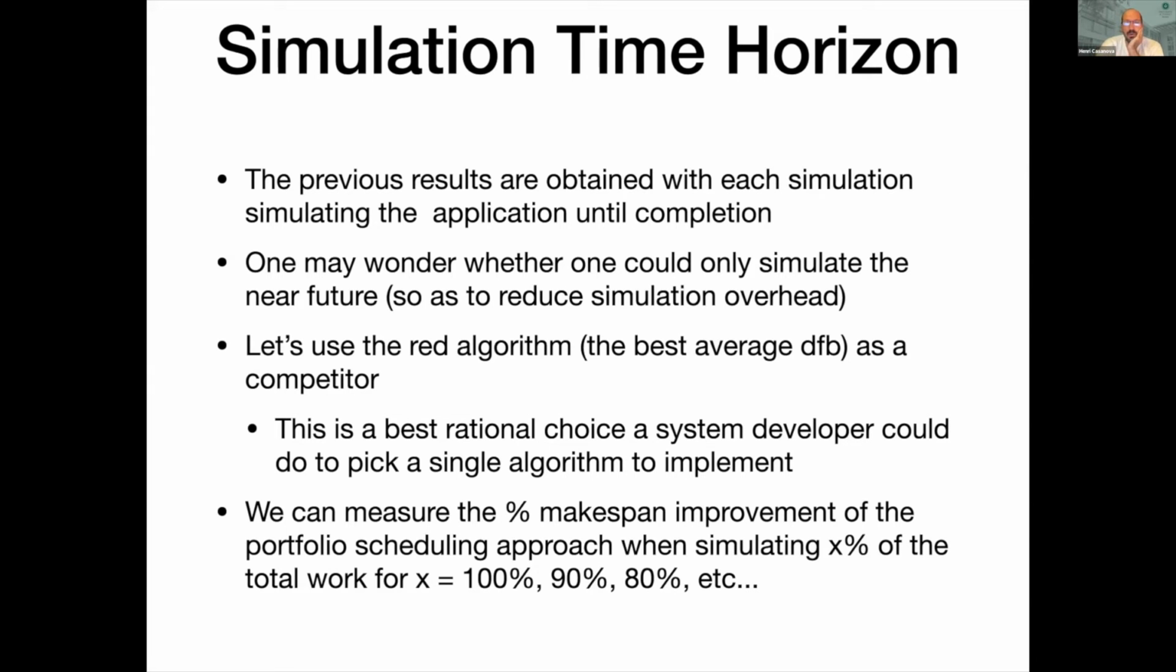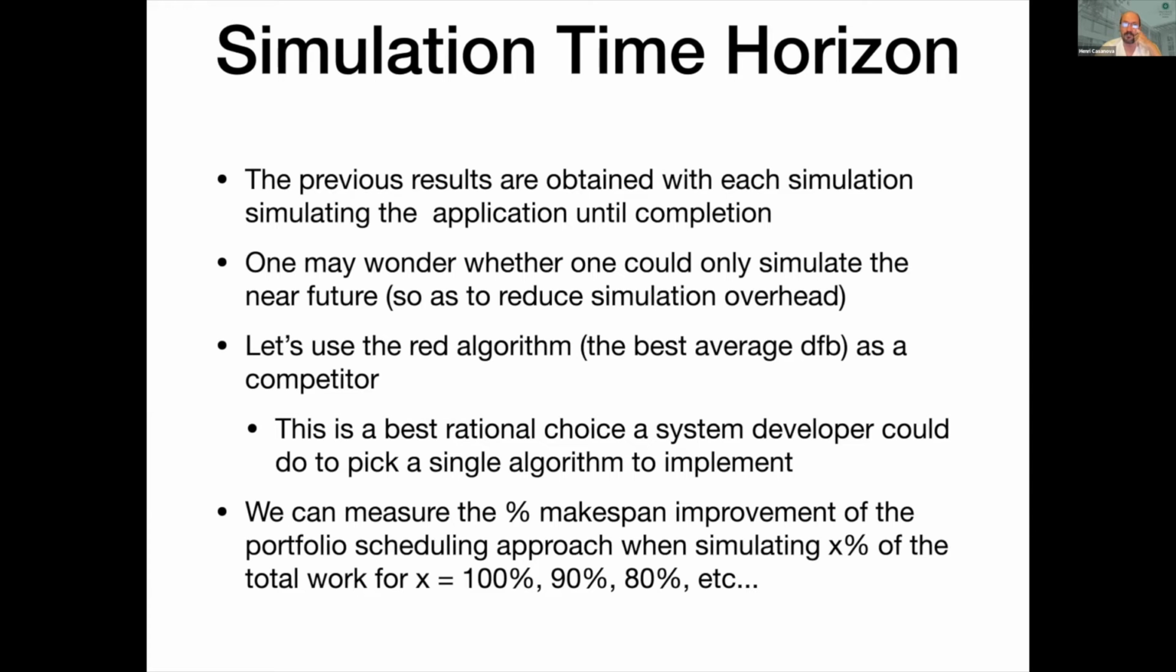Right? And so we look at that, and we use the red algorithm, the best one algorithm on average, as a competitor. Right? That's the best rational choice a system developer could do to pick a single algorithm to implement in their system in our case study. And now we can measure the improvement in makespan of the portfolio scheduling approach when simulating X% of the total remaining work. For X is 100, which is what the previous results were about, or 90 or 80. Right? So the higher the number, the more we simulate, the more time we spend simulating, which is more overhead,